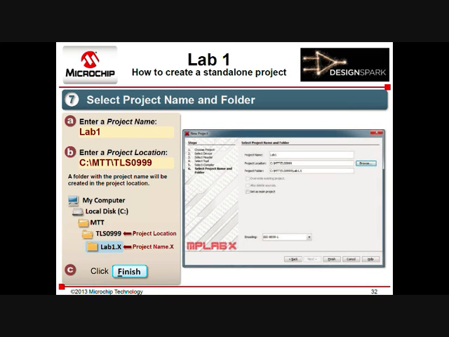Then it asks you to give a name to the project. If you give the name Lab1 and a project location, in this case, the project folder, that means the folder that will be recognized by MPLAB X as a project, will be named lab1.x. The .x is not actually mandatory. It's just added by the MPLAB X wizard because afterwards, if you are looking at that folder from Windows Explorer, there is no way to see if a folder is a normal folder or an MPLAB X project. That .x in the name is just for you to remember that that folder is actually an MPLAB X project. Clicking on Finish, you will